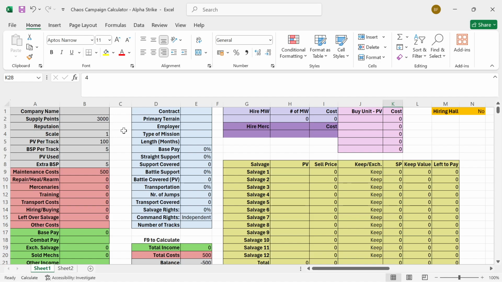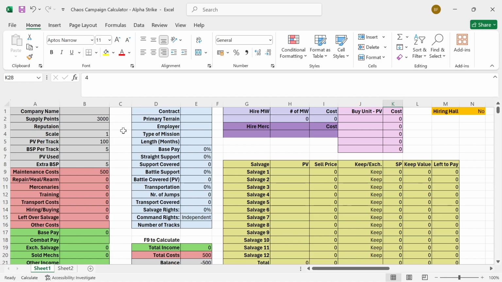Yeah, it does run on Microsoft Excel. However, it also runs on LibreOffice Calc, which is a free program that you can download. Maybe I'll leave a link to the download for LibreOffice Calc, and it runs on that just as well. So if you don't want to go buy yourself Microsoft Excel, which is understandable, you can go and download LibreOffice Calc for free, and this will run exactly the same. Anyways,